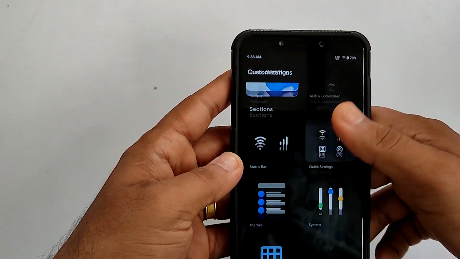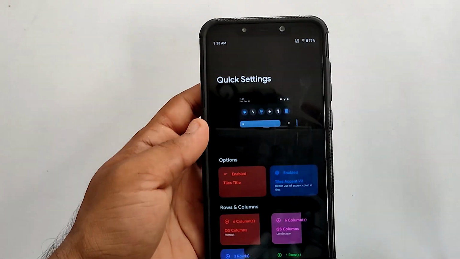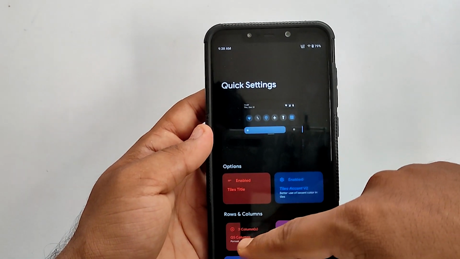Quick settings here customize the drop down menu. You can choose the column and row number here.